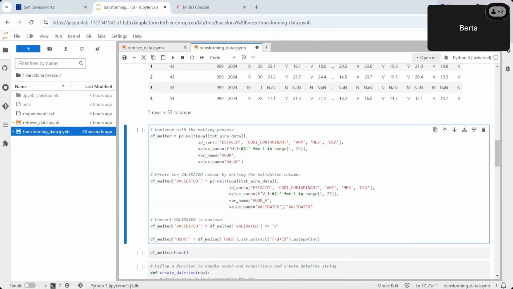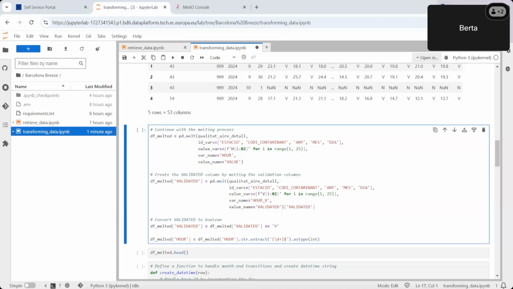So in this next chunk of code, we're using the .melt function to transform the dataset from a wide format where each hour has its own column into a long format where each observation has its own single row. So this change significantly improves the usability of the data, especially for time series analysis. In the original format, it was difficult to perform, again, time series analysis or filtering by the hour.